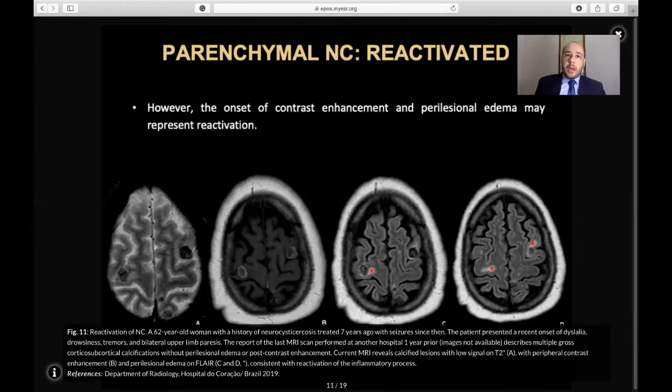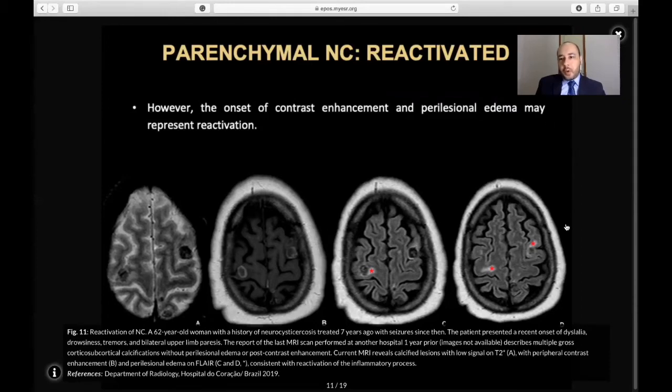The report of the last MRI scan performed at another hospital 1 year earlier described multiple gross cortical subcortical calcifications without perilesional edema or post-contrast enhancement, and the images were not available. Current MRI shows calcified lesions, but now with peripheral contrast enhancement and perilesional edema on FLAIR, consistent with reactivation of